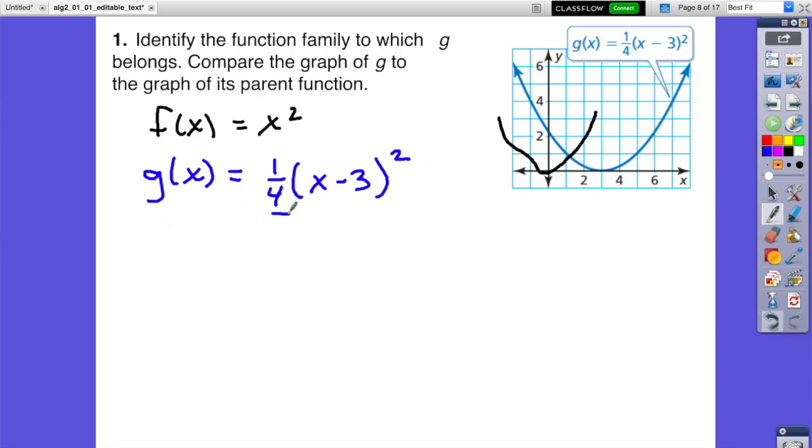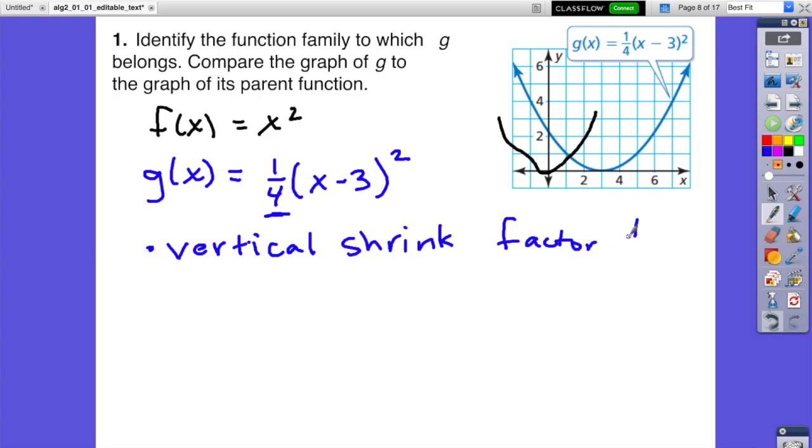All right, left to right, the first number you see here is this 1/4. This 1/4 is telling you that it is a vertical shrink, because it is less than 1, by a factor of 1/4. Very good. This 3 here is telling you, and if you remember in class, I had highlighted this. And I asked you in class, what number do I need in here to make 0? So knowing that I need a positive 3 there, this is a horizontal